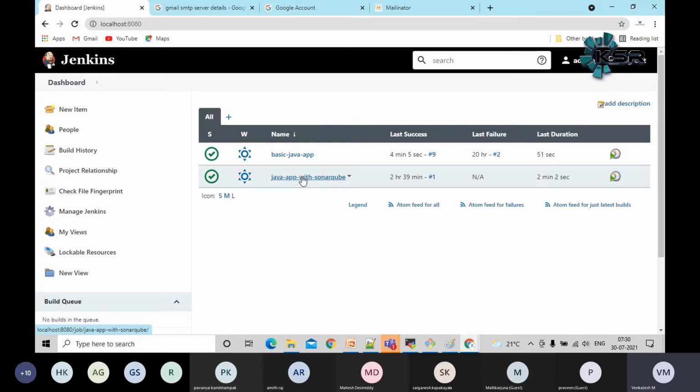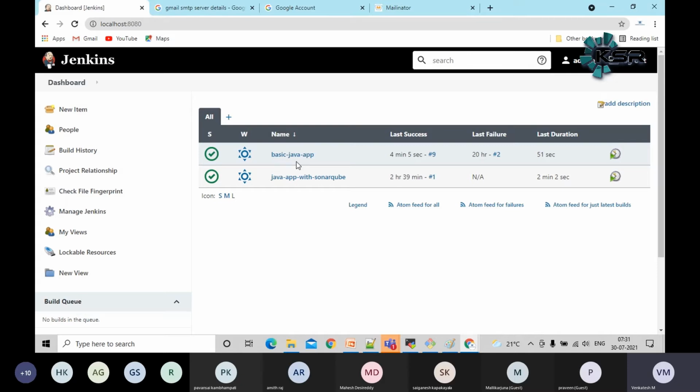In real-time hands-on work, there are some legacy companies with very old projects. They will still follow this kind of structure only. For each thing, they will create a separate Jenkins job and execute it. That's all. However, if the project has recently started, we need to follow the standards, guys. That is called a Jenkins pipeline.